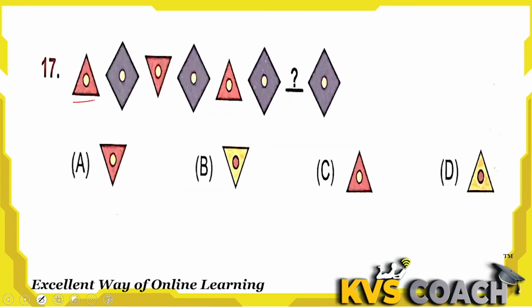Next is triangle, diamond shape. Then opposite side triangle. Then again diamond shape. Then again opposite side. Look, this triangle and this triangle are the same, and this triangle direction is opposite. So the diamond always remains the same. So one triangle is straight, and this is the opposite triangle. Then again triangle. This is the opposite triangle's turn now. You can see the pattern like this. So what will be the answer here, or this, or this? This will be the answer because now the term is of the opposite triangle. Okay. A is the right answer.